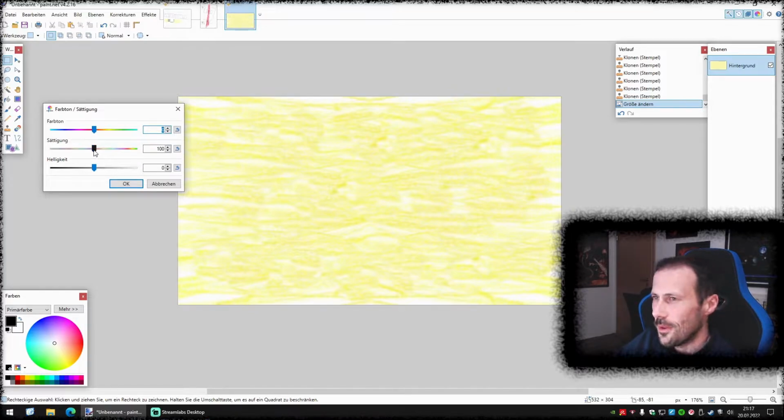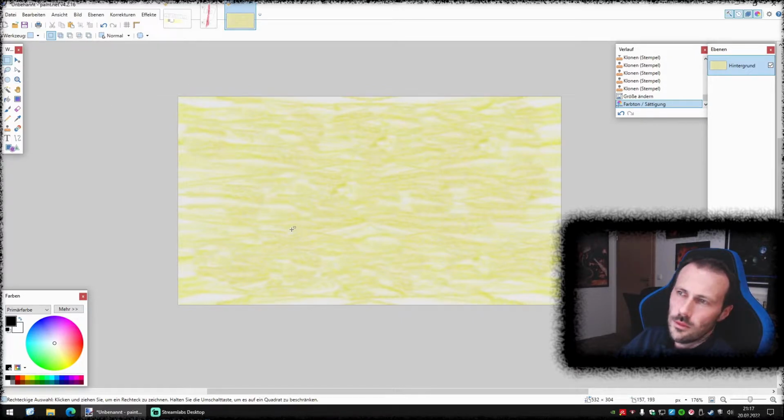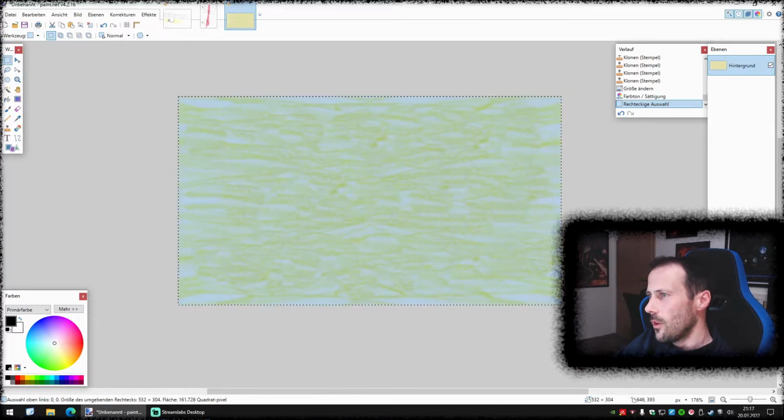Sorry, everything in German in my tool, but you will find this also in your paint.net if you go for the tool, or any other software you use for graphic modifications. And if you see, if I put the saturation for more, then it's getting even brighter. So we put it a little bit down. Even the brightness we remove a little bit. So now we see already that it's a nice background. That's fine. We even keep the white. We could now try to blend this out, but it doesn't matter. If we have this now repeated,